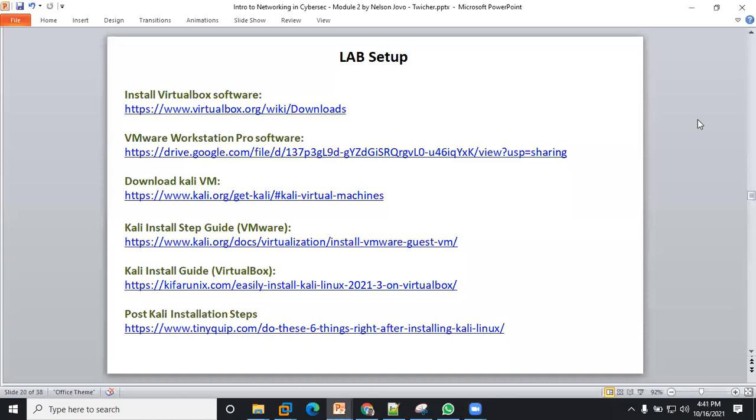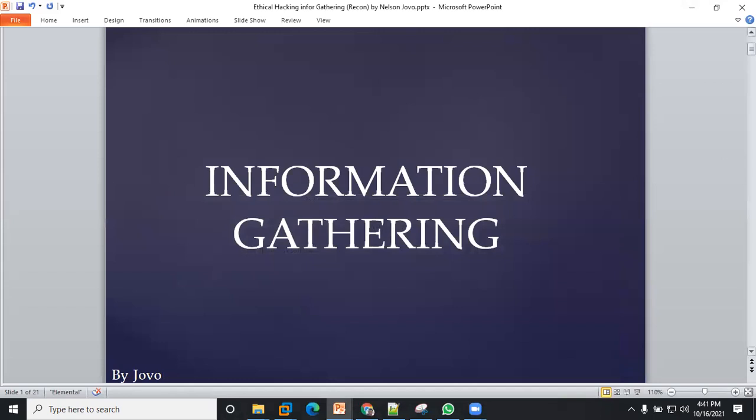Okay, so let's go on with today's class. Talking about information gathering, which is the first phase in every cyber attack chain. This is the first step. It's also known as reconnaissance.